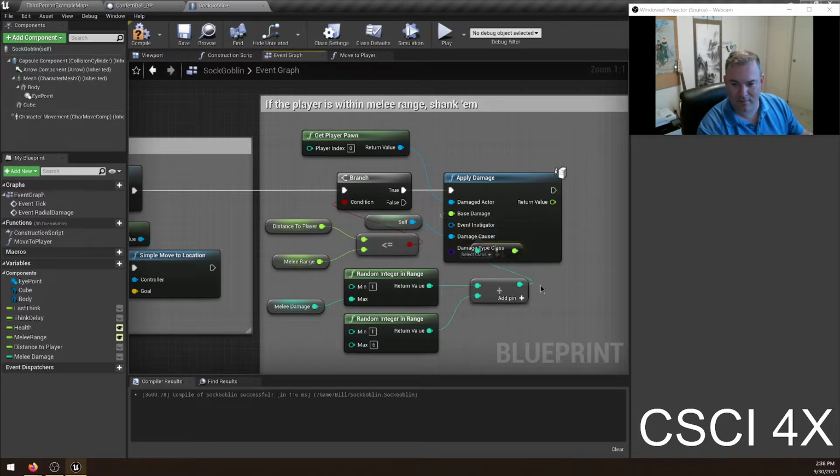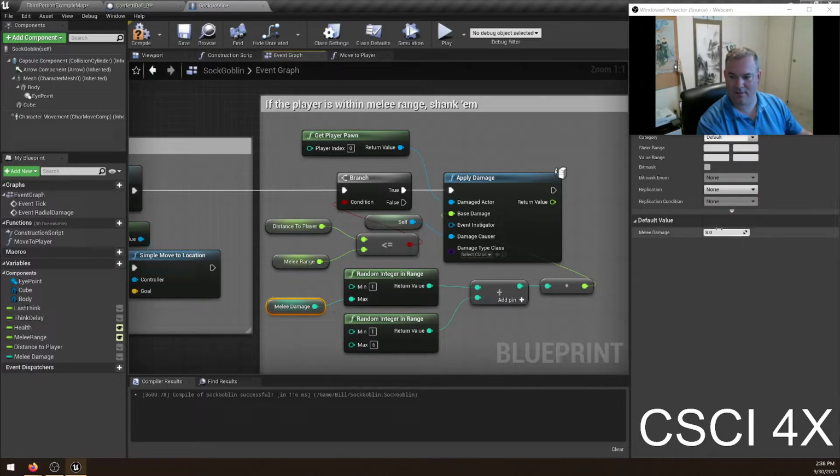Okay, so we're gonna do a 1 to 8. Let's make that 1 to 4. It's a dagger. D4 plus a D6 sneak attack. Okay. And then we're going to do that to the player. Backstab the kneecaps, exactly. Okay, so now that we got all that, we need the player to